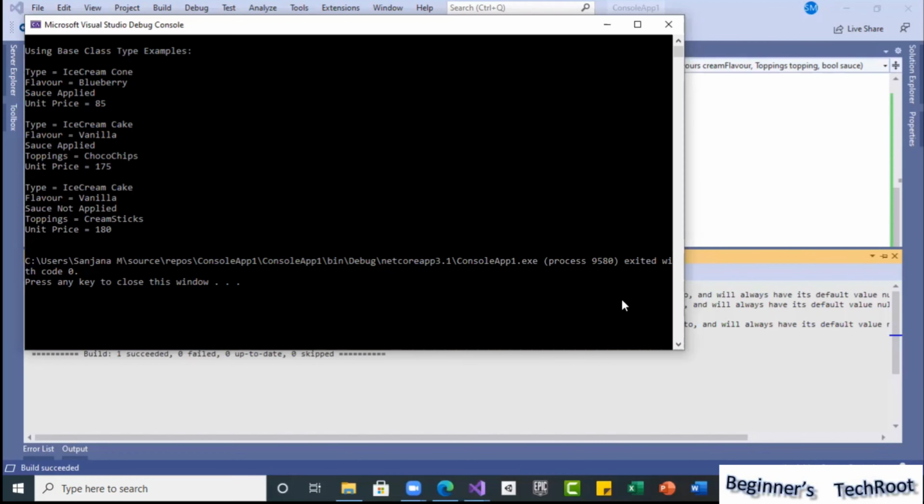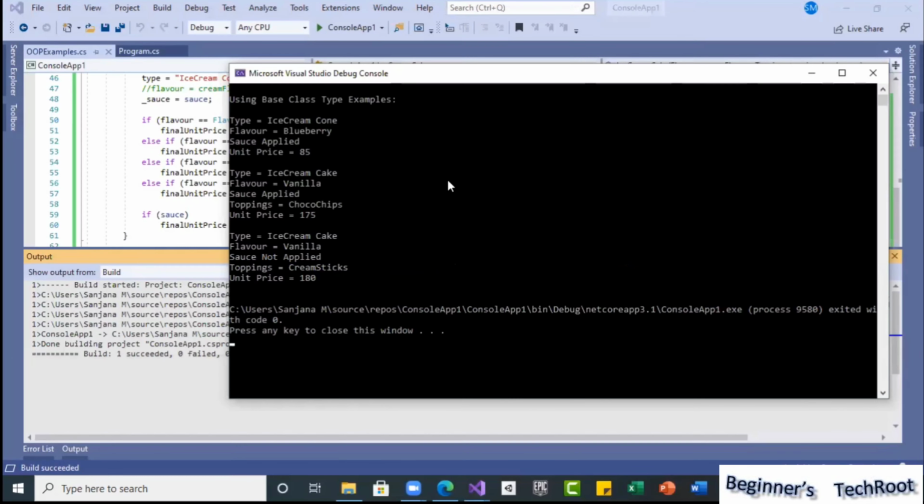So like this, all object-oriented programming language concepts we learned, we can utilize effectively to provide a solution. See now, for a cone we got a blueberry, but for a cake we still got a vanilla.